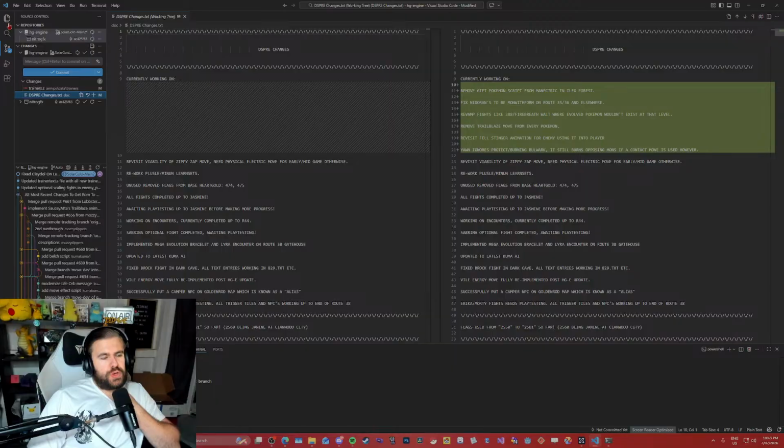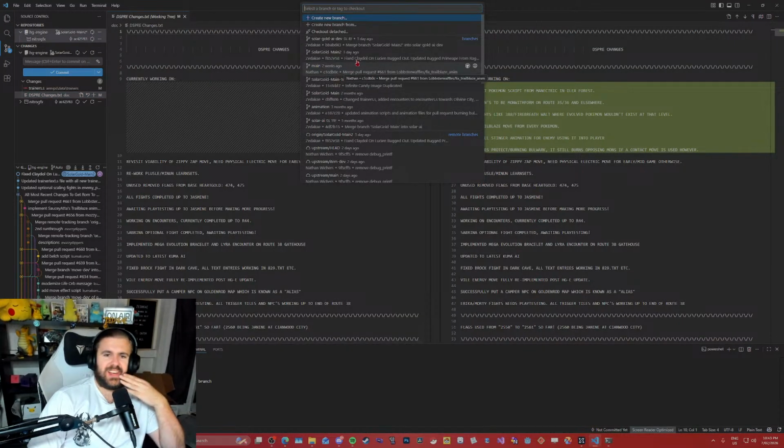Yeah, you understand where I'm coming from there, right? So I'll give you a quick gist of how it works. Main is where I do an origin pull, or whatever you want to call it. So anything that's been changed on Blue Rosy's HeartGold engine main repository, I pull into my main branch, which is my repository. But main is my main branch.